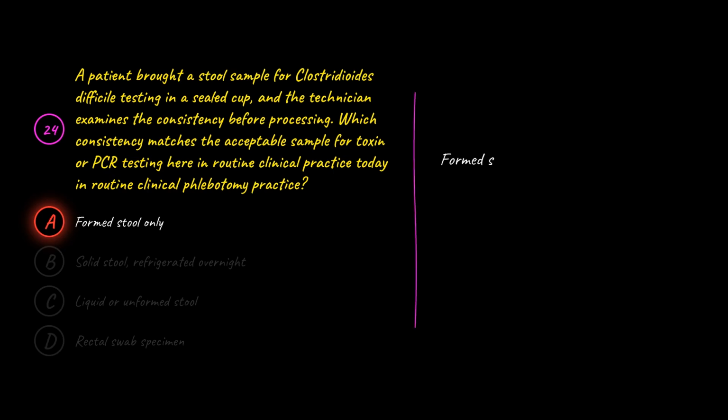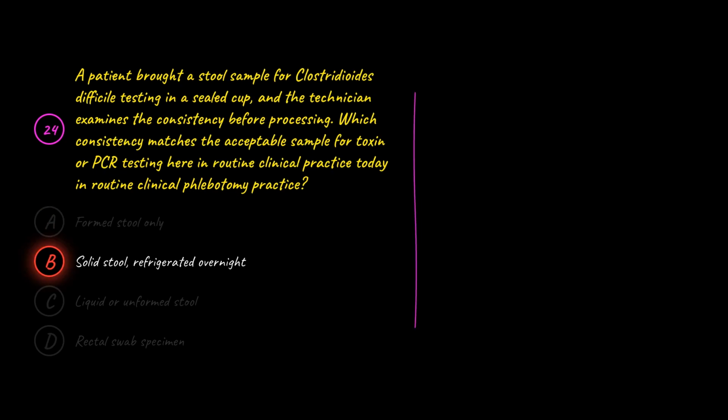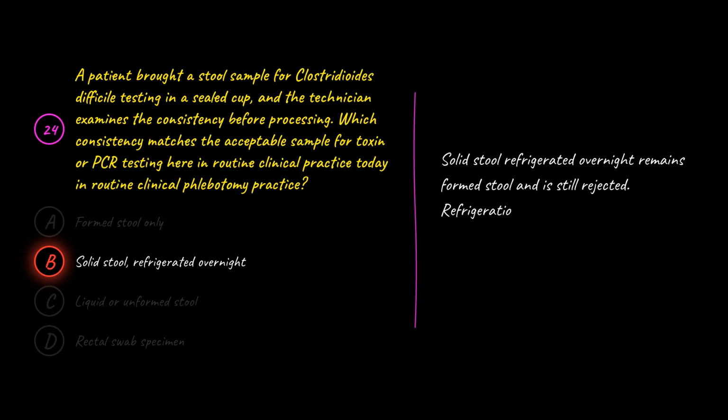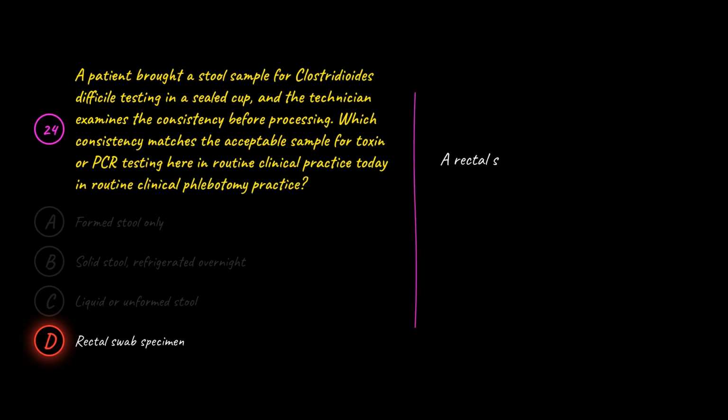A is wrong because formed stool only is explicitly the rejected sample type for this test. The clinical question is active infection, and formed stool typically reflects colonization rather than disease, so the assay is invalid on that consistency. B is wrong because solid stool refrigerated overnight remains formed stool and is still rejected. Refrigeration affects organism viability for some tests but does not change the consistency requirement for this assay, which centers on the active diarrheal state. D is wrong because a rectal swab is not the standard sample for routine toxin or